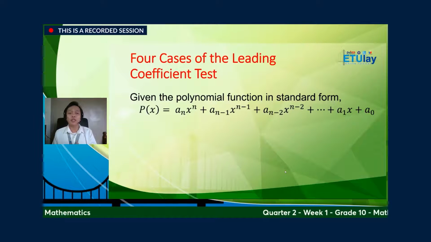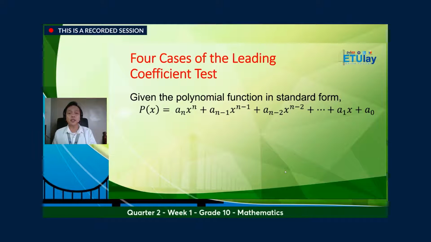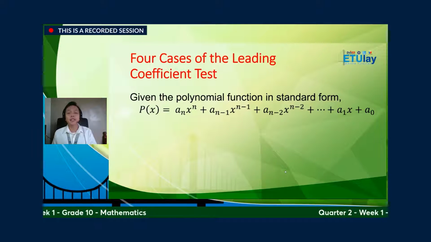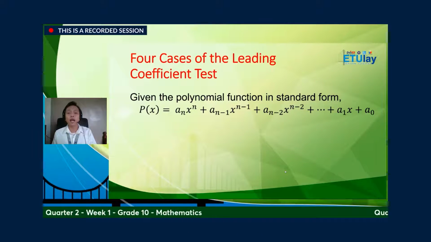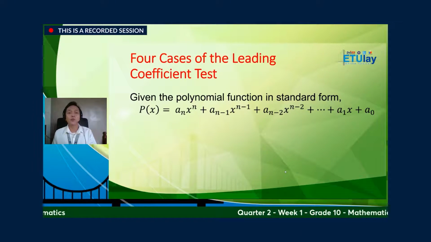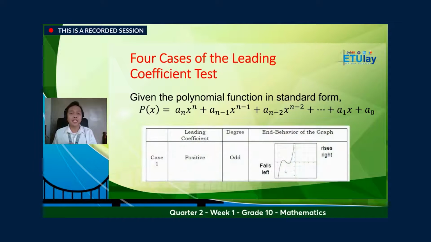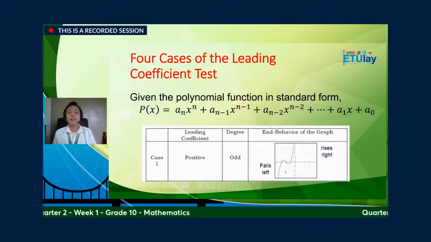Given the polynomial function in standard form, p of x is equal to a sub n x raised to the n power plus a sub n minus 1 times x raised to the n minus 1 plus a sub n minus 2 times x raised to n minus 2 plus and so on up to a sub 1 x plus a sub 0, wherein the first case is if our leading coefficient is positive and the degree is odd, therefore,